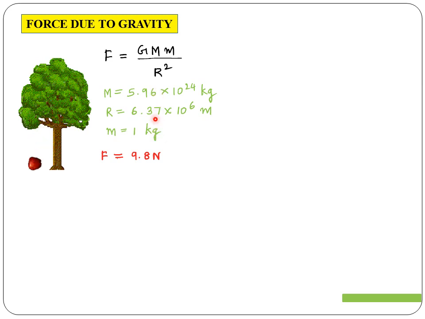So substituting the values in this formula, we get the force due to gravity acting on the body is 9.8 Newton. That is, Earth attracts a body of mass 1 kg by a force of 9.8 Newton towards its